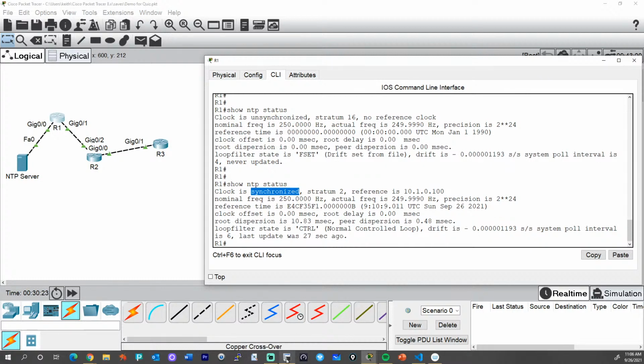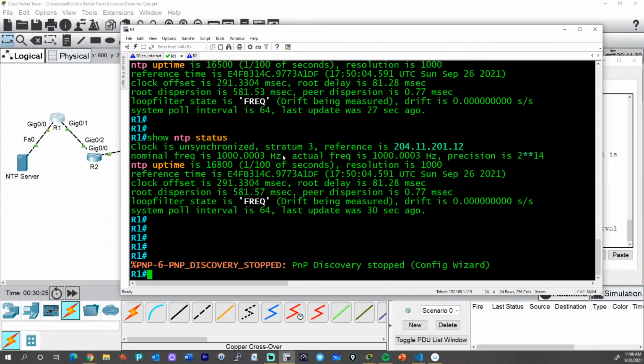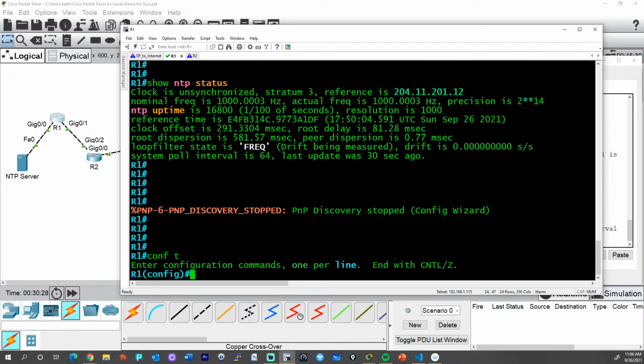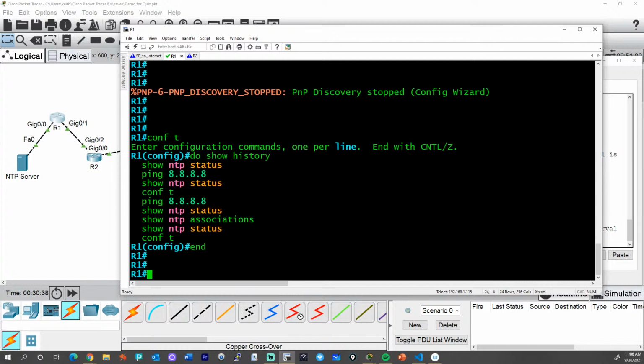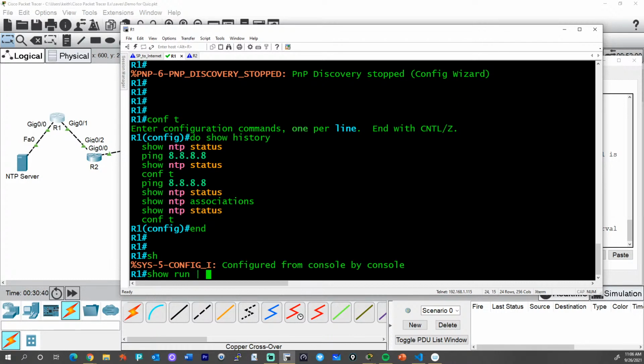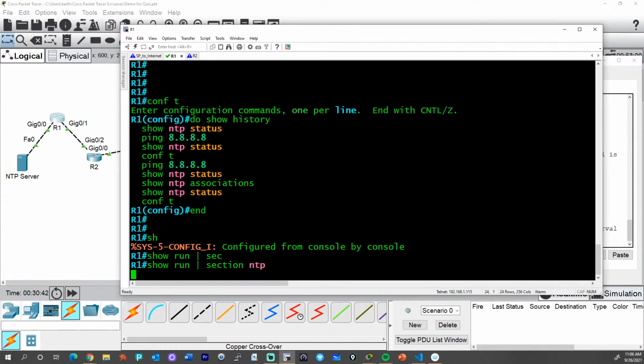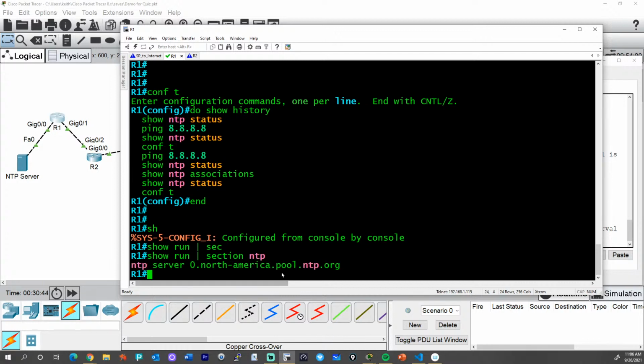So earlier today, let me see if this is done yet. Earlier today, I did this. I'll just do a config T and do a do, show, run. I'll only do show history. There we go. Oh, that's not too helpful. Let me do a show, run, pipe, section, NTP. So I configured NTP on this router, and I said, please go ahead and use the server at